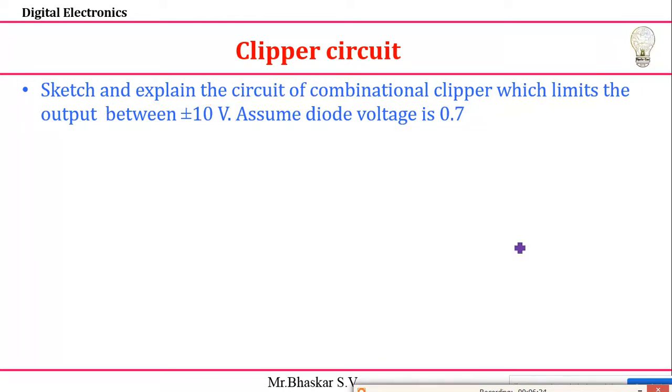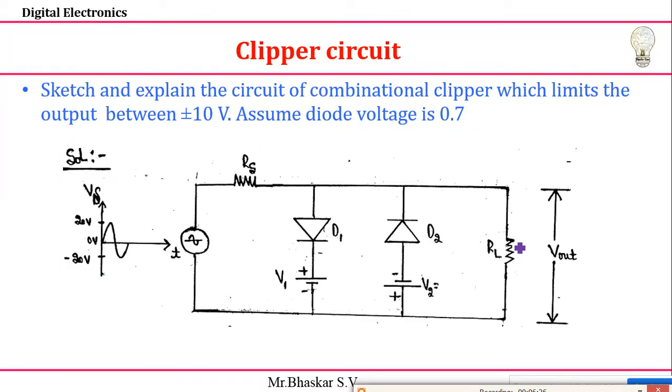So see the circuit. What is the circuit? This is the circuit that I am going to take. And I already told you that this is diode D1 and diode D2. So for explanation purposes, the output I am going to take across the load resistance RL. And the resistance R that we have taken, I am going to take as the source resistance. Otherwise you can just take R also, as you wish. And they are telling us it's plus or minus 10 volts.